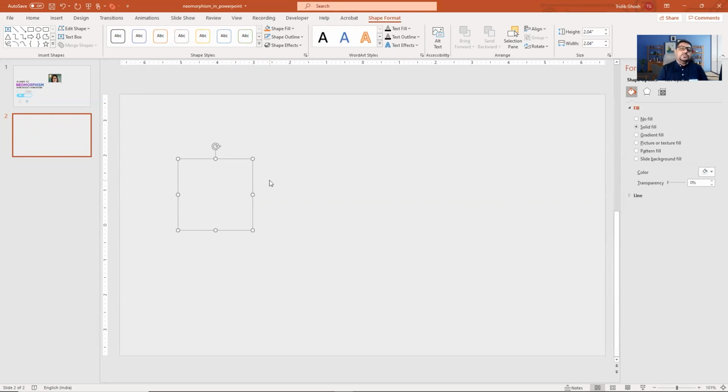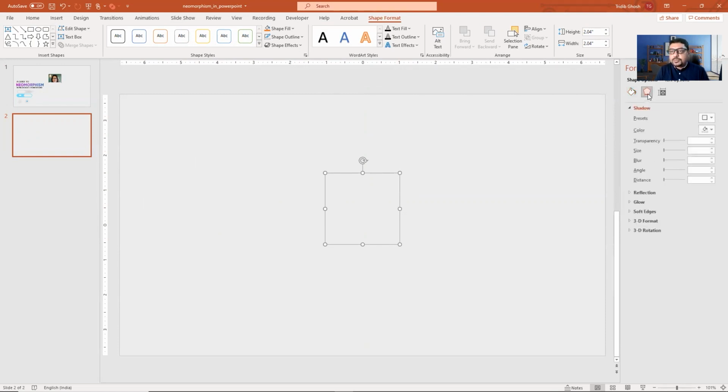Neomorphism is more like the front color and the back color are the same, whereas there is a pillow emboss sort of effect that happens in all the objects. So over here you cannot see anything, but the circle is still there. Let us keep it in the center so that we can all see it properly.